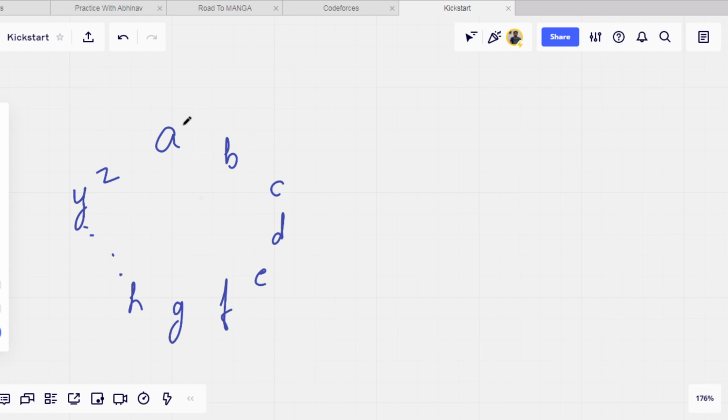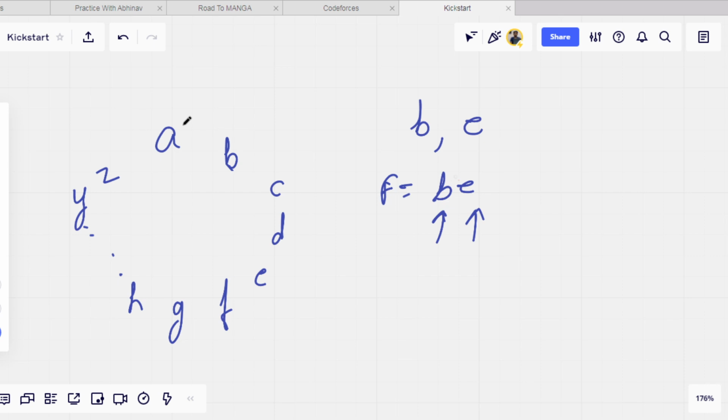This is a circular order. For example, our favorite characters are B and E. So the string F is BE, which means we have two favorite characters, first B and second E. We have to convert all the other characters into B and E.